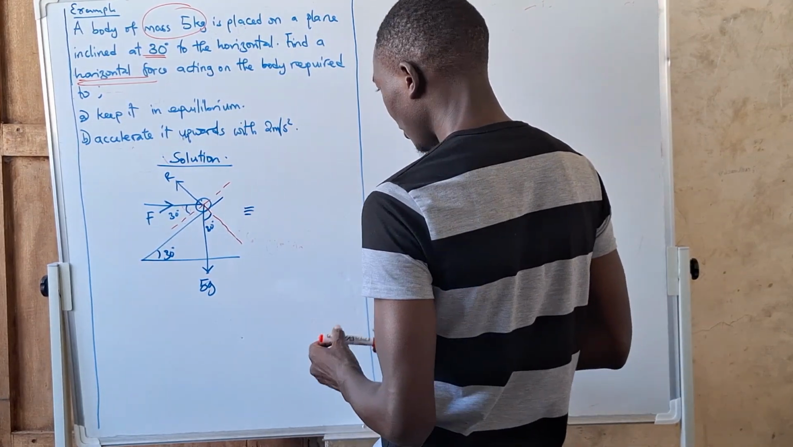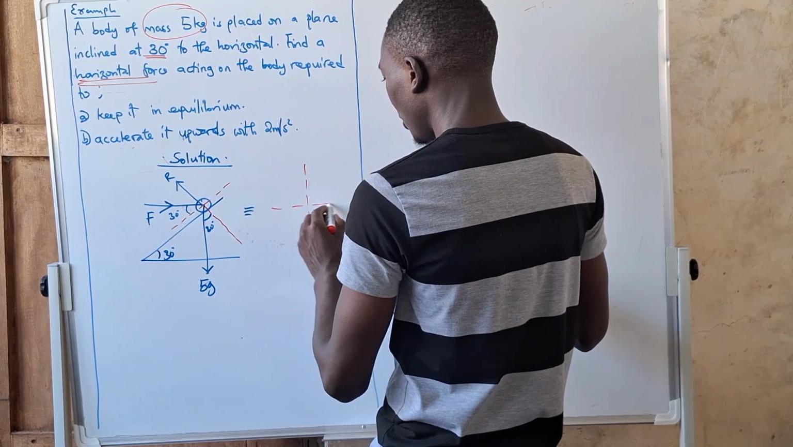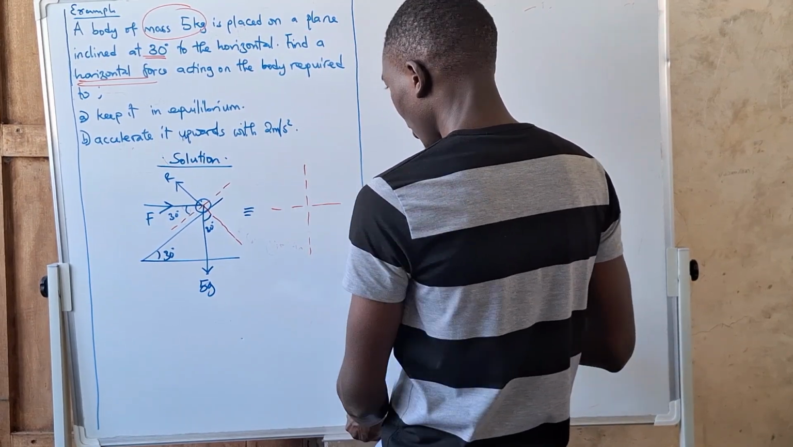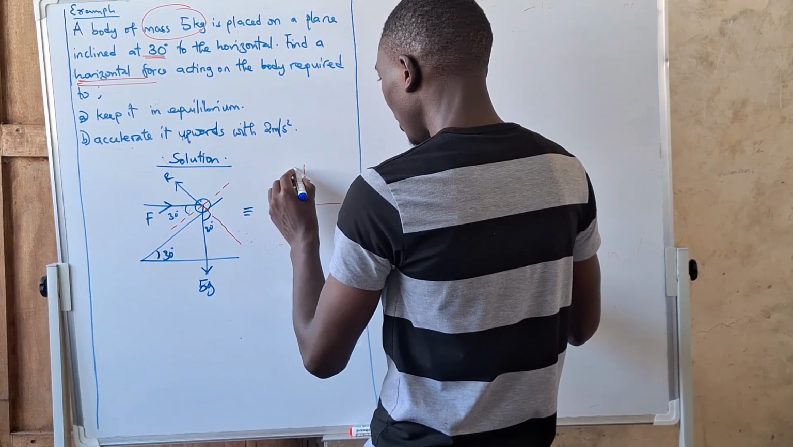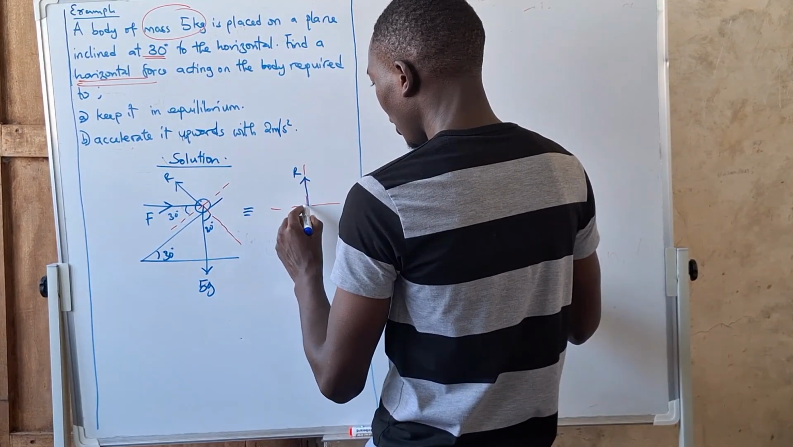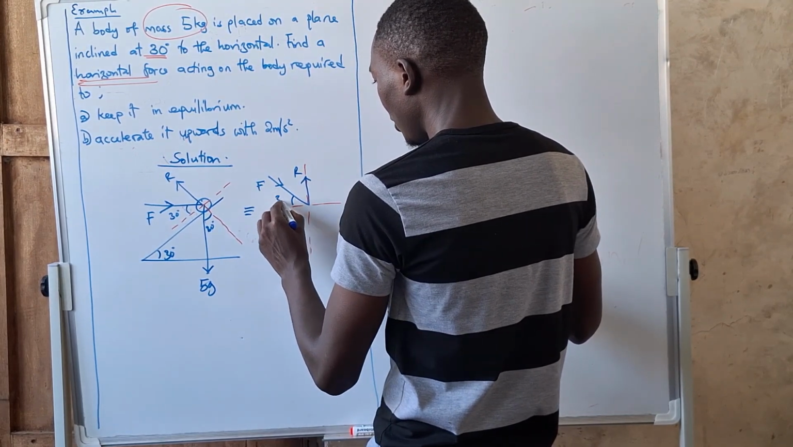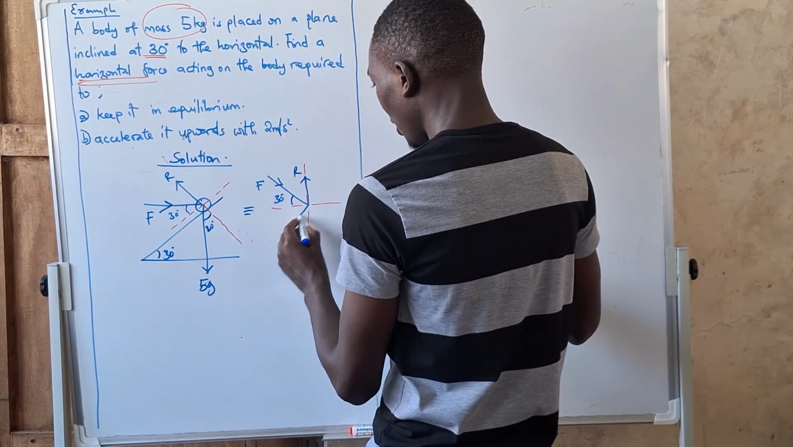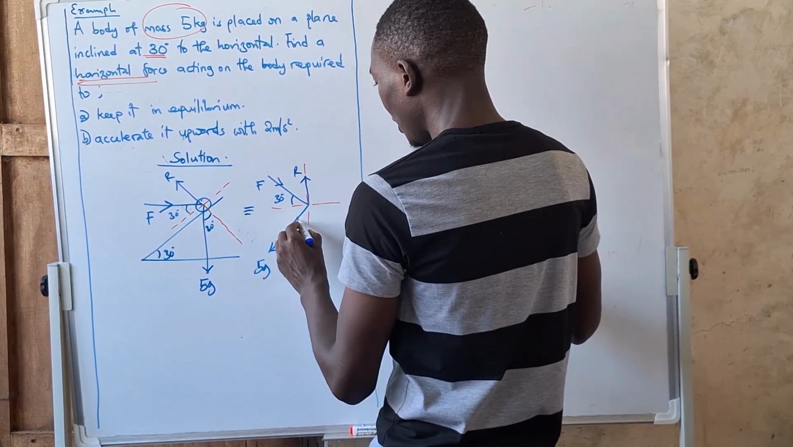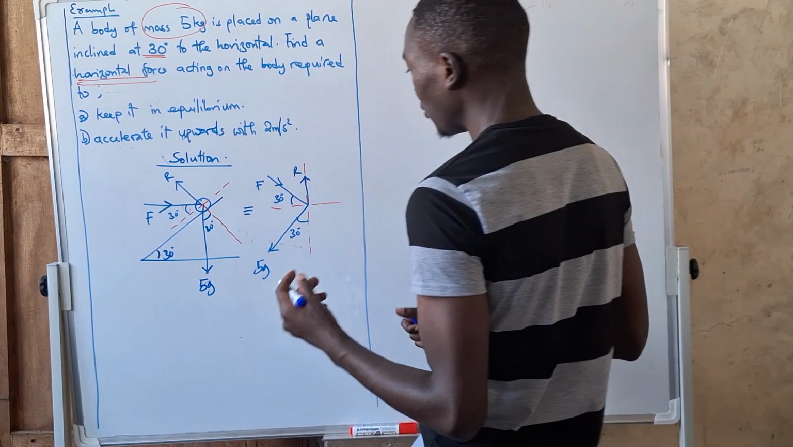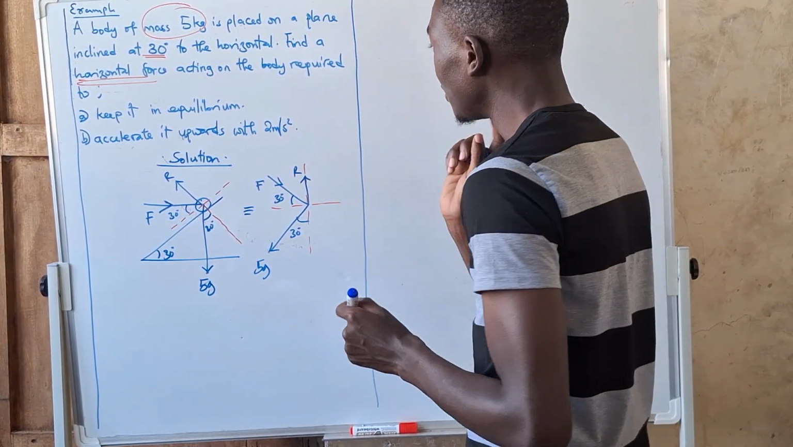To reproduce that, say that we have a vertical and a horizontal. Along the vertical we have R here. Then here we have F at 30 degrees. Here we have mg, of 5g, at 30 degrees. That's what you have. So for part A, they want us to find F, so that this body is in